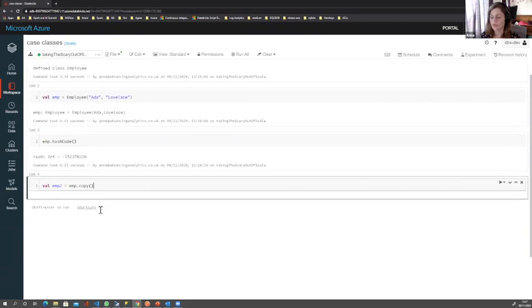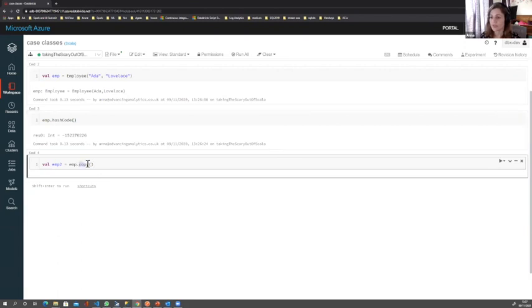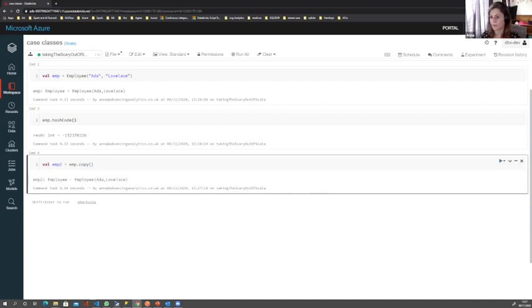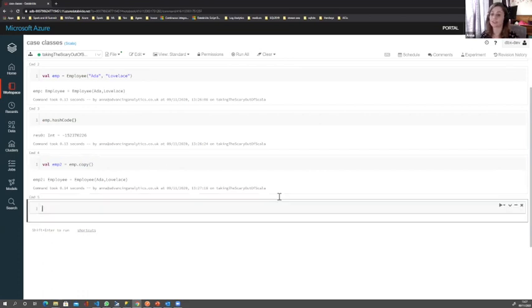So now what we want to do is take a copy of our employee. That is simply a case of doing emp.copy, and it gives us a copy. Why would we want to do that and not just change a value? Well, once again, case classes are immutable. You can't just go in and start manipulating the values of your properties under the hood, your first name and last name. It's immutable. So if you want to change the values, you have to create a new instance from your original employee instance. So we've got this copy functionality that we can work with.